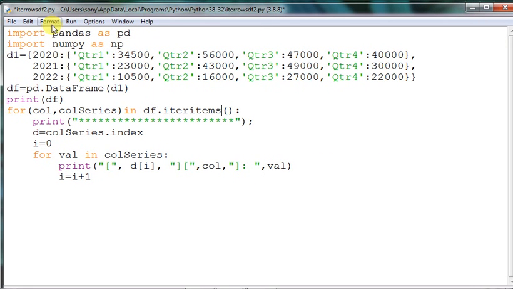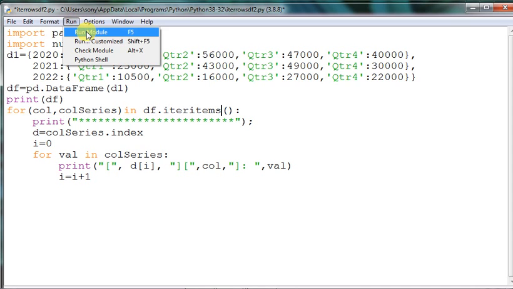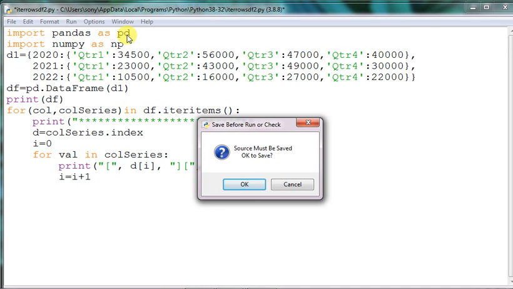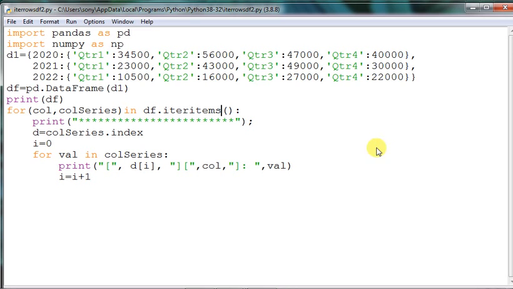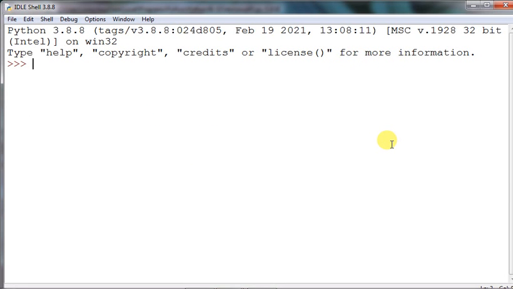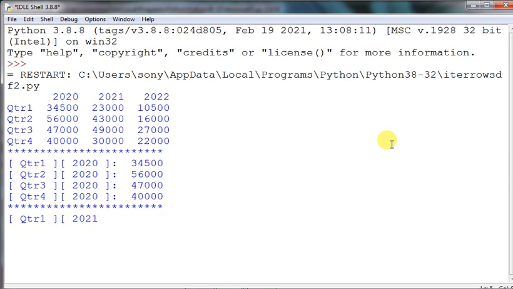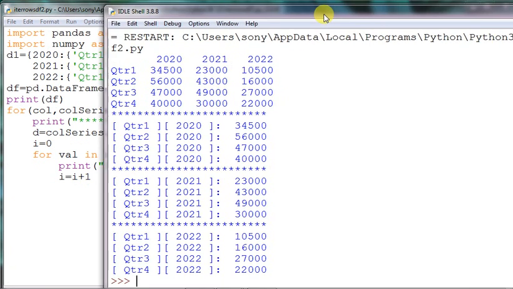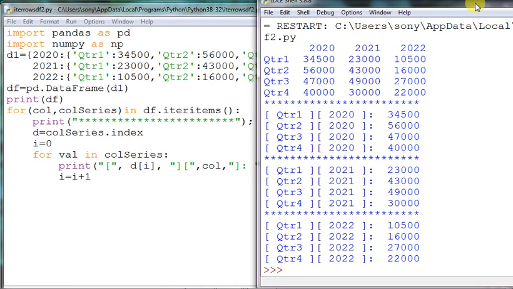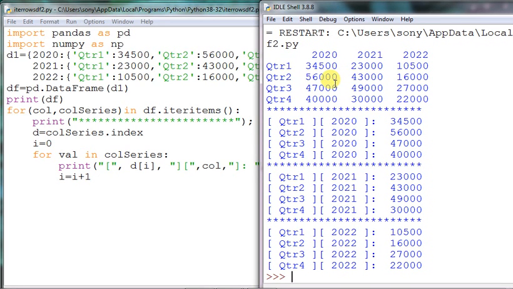So now I am just executing this program and let us analyze the output once. Just a minute, let me execute. Fine. So now let us see the execution, how it appears. You see there the output was a bit different, and here the output is a bit different. So the data frame printing has taken place in a similar fashion. So there is no such difference in the printing of the data frame. What it was for the row, it is the same for the column also.